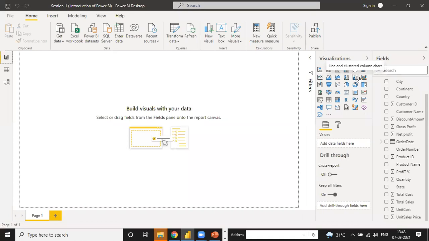This one is a line and clustered column chart, and this is a ribbon chart. This kind of chart, see, this is only just 25 or 30. But when you click here, you get more visuals. Right now I am not logged in with the ID, so I am not able to